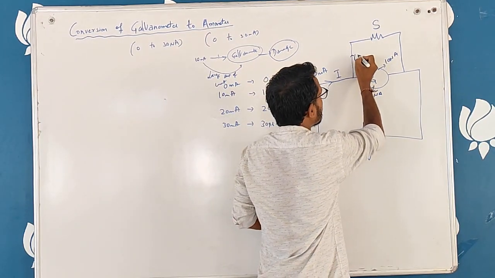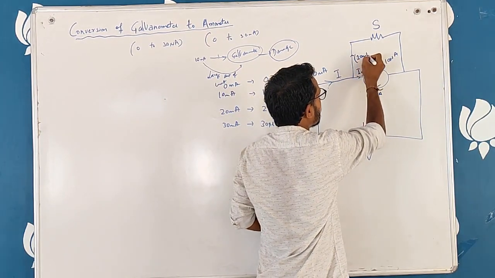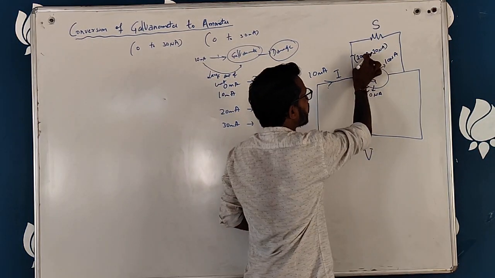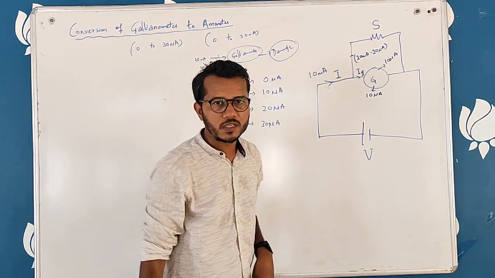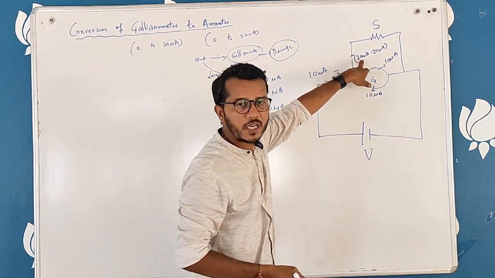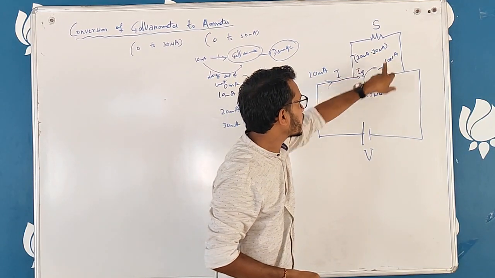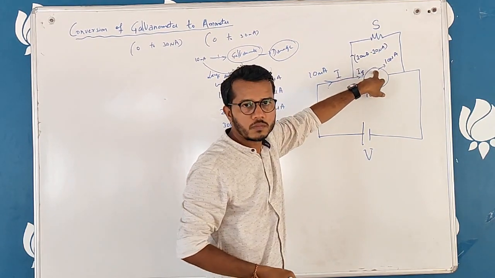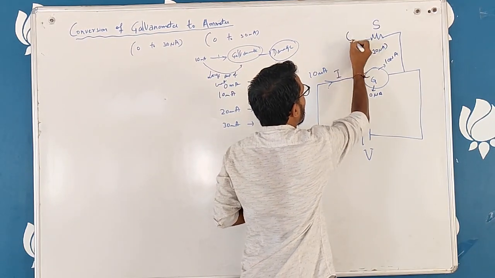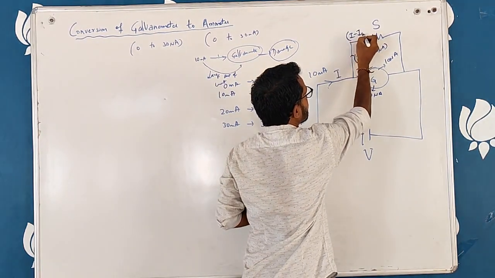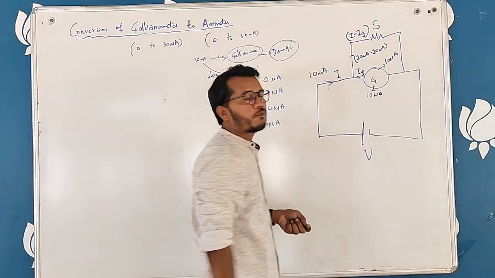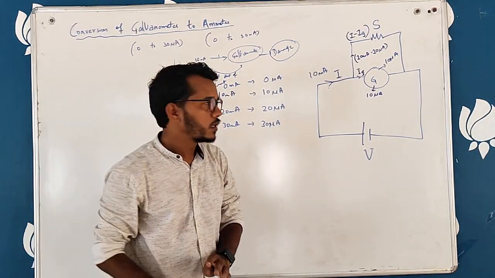So because of that, 10 milliampere minus 10 microampere, this much current has to pass in the shunt resistance. So in terms of letters, I is my main current, that is 10 milliampere, and 10 micro is the Ig value, the current flowing in the galvanometer. So my equation becomes I minus Ig. So I minus Ig, this much current is flowing through the shunt resistance.